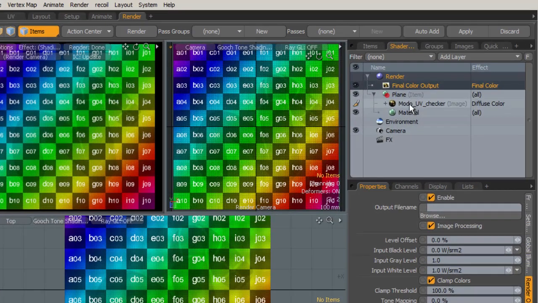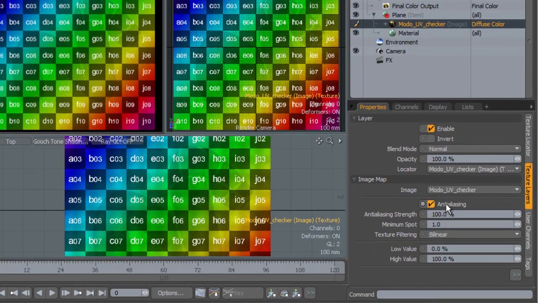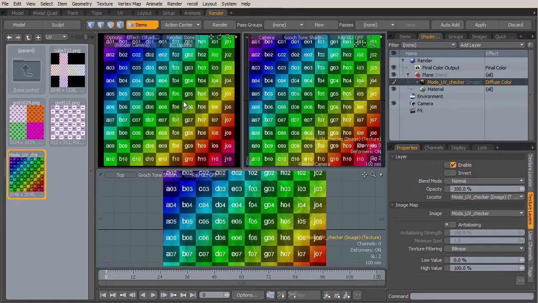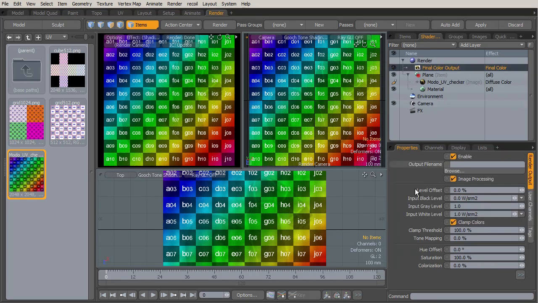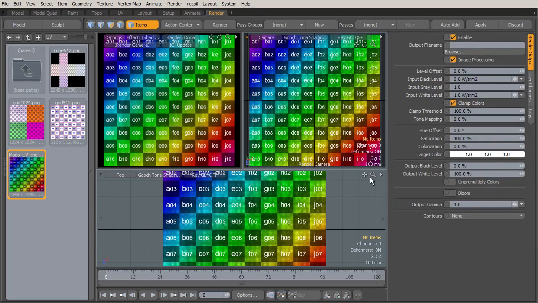And by the way, if we go to our Modo UV checker, turn off anti-aliasing, it's going to get even crisper and look even more like the real thing. So we're not smoothing it out at all. So now this is the exact image, right? It looks perfect. Let's go to our final color output and take a look at a property